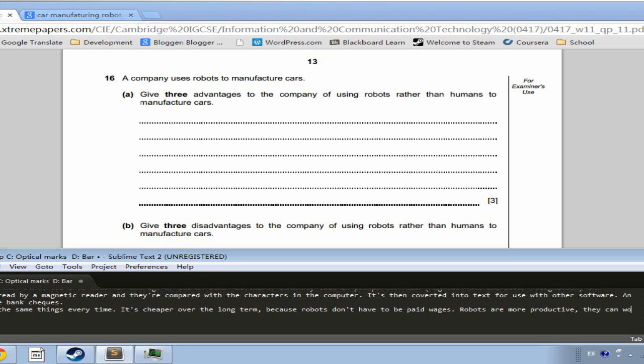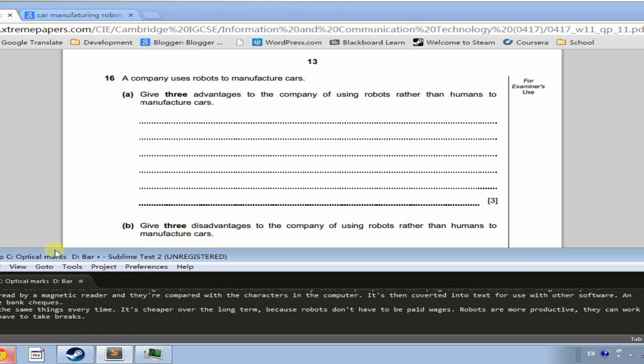They can work 24/7 and don't have to take breaks. So probably individually each of those three parts would get you some kind of an answer, but again, it's better to have diverse and detailed answers to make sure that you get the points. So yeah, robots are more productive, they can work more hours, and